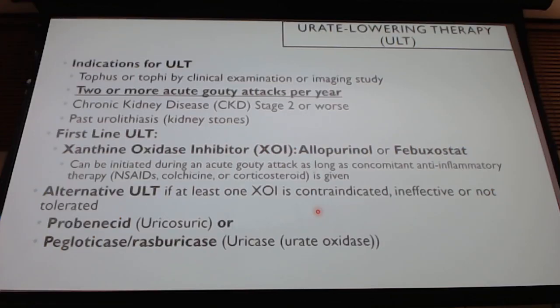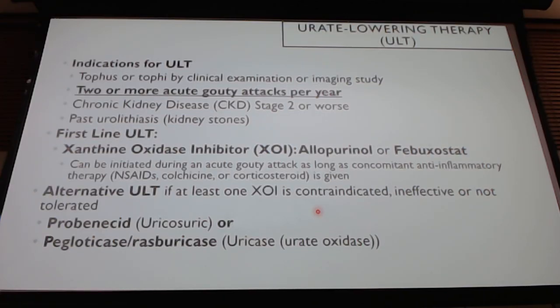XOIs, like I told you on that previous slide, this is the order in which we typically will treat them, so we like to use those first line. We can give these whenever there is a gouty attack, but most of the time what you're going to see is that we will give them an anti-inflammatory. So like one of those that we said were for our flares, we will give them the NSAID, the colchicine, or that steroid